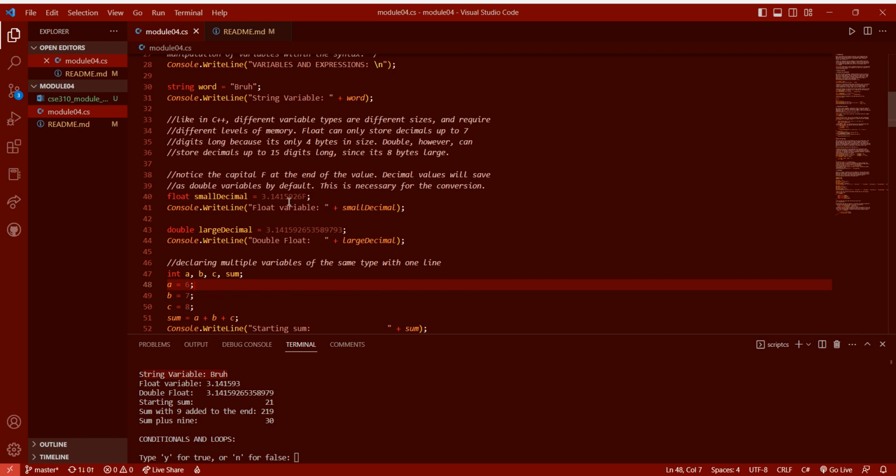And so because of this, float variables can only save decimal numbers up to so many digits long. As is the case here, I have typed out as many digits of pi as you see right here, but then it outputs down here as 1 or 2 numbers less. I would also like to point out right now that just like how